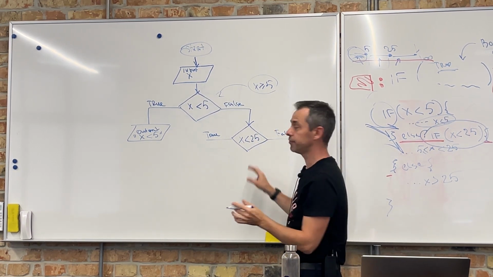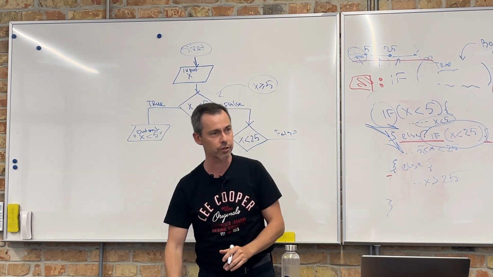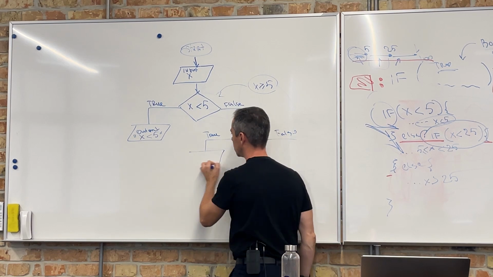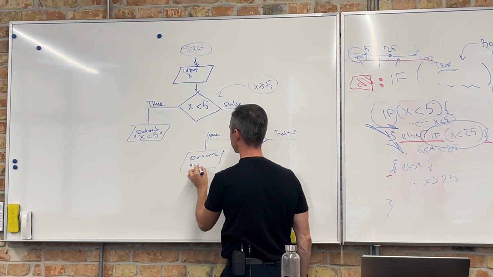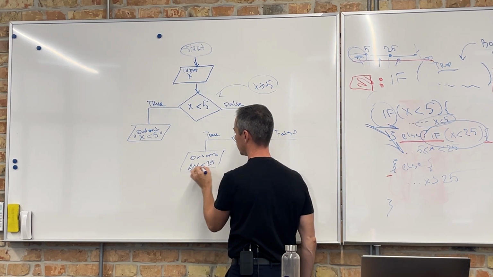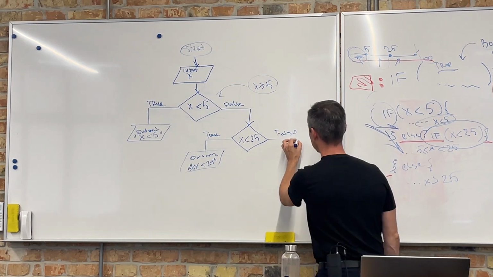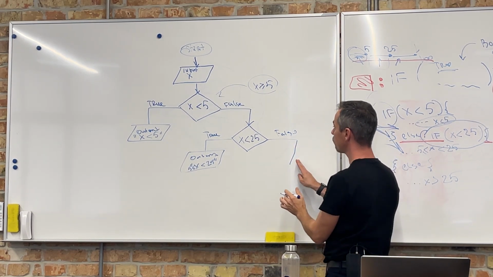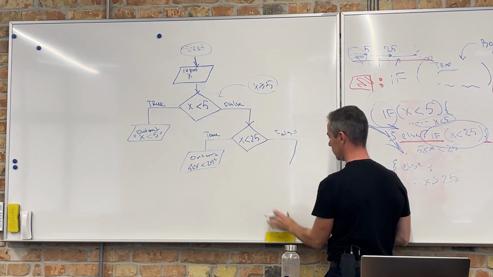X less than 25. For example, my program should just output this information that, yes, x more than 5 and less than 25. Correct? Yes? And so on and so forth. If I want, I could check 100 if I want. But maybe I don't need to check it here.